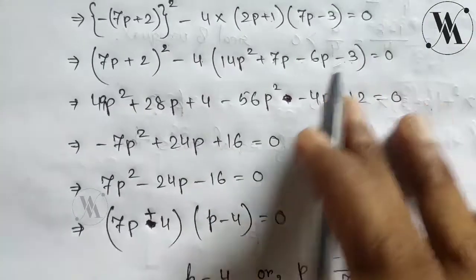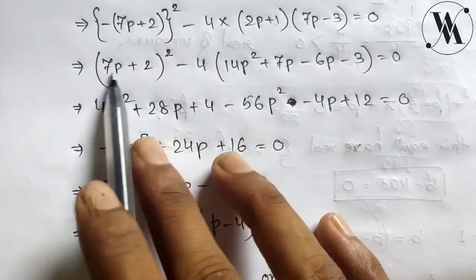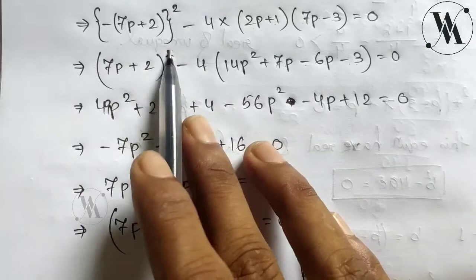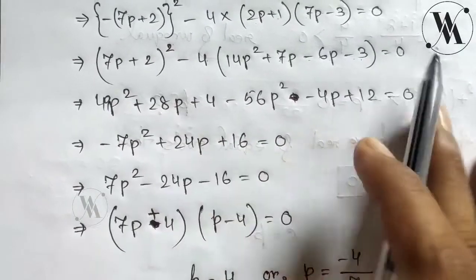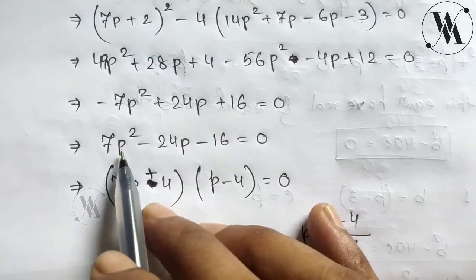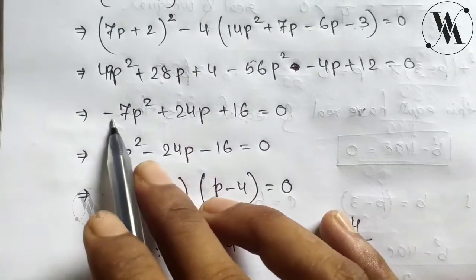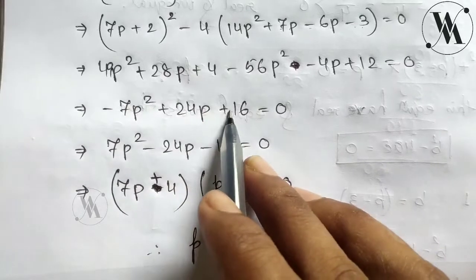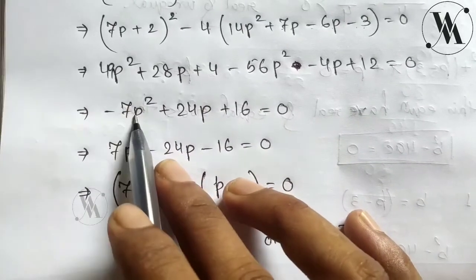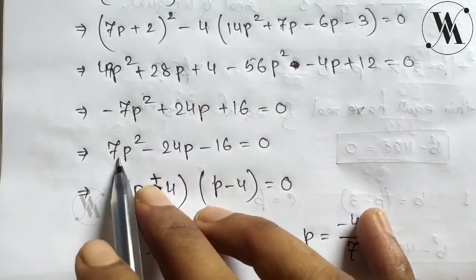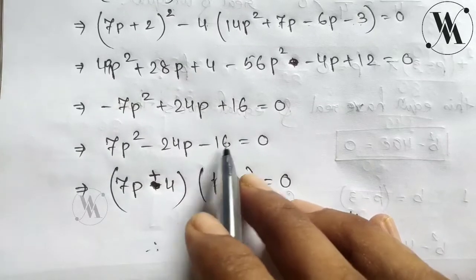Okay, so now we solve this equation. Here 7p plus 2, that means we apply the (a plus b) whole square formula, and at last we get 7p square minus 24p minus 16. Here minus 7p square plus 24p plus 16. Now multiply with minus on both sides, so we get 7p square minus 24p minus 16 equal to